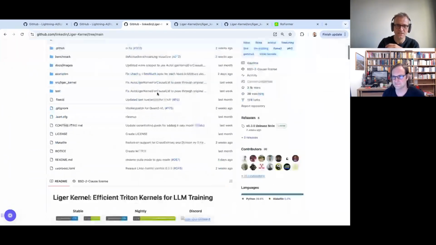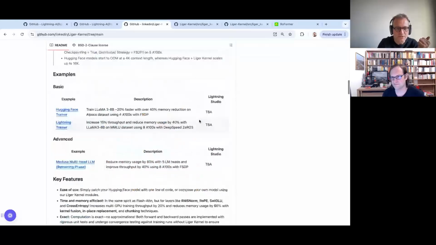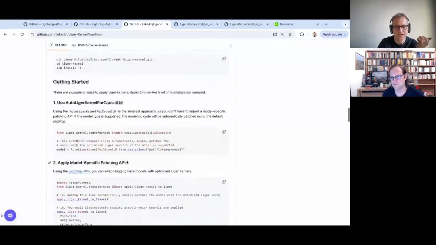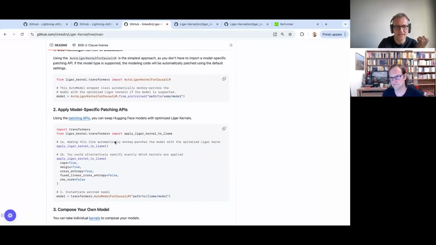They basically say, if you have a Hugging Face model, you can apply the kernels directly here, you see. So they are basically patching the Hugging Face implementation. These kernels and the ops are replacements for Hugging Face implementations of the same kernels, or a fusion of kernels and so on. So they go in, they patch it up, and so on.